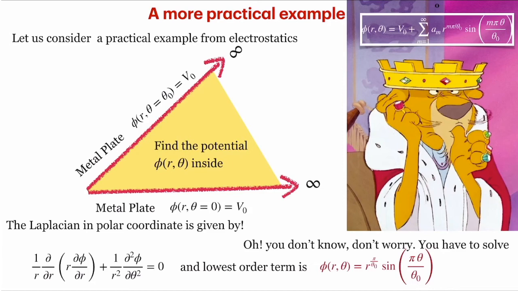So let's study the potential satisfying this Laplace equation, given as phi of r and theta equal to r to the power pi by theta naught times sine of pi theta by theta naught. Theta naught is given to you, where the plate is fixed. You can change it and study and see how the potential behaves at different angles. But this is a generic solution for an arbitrary theta naught in terms of sine, because the potential in this case assumes the value V naught equal to 0 on the plates. That is why a metal plate, because the potential can be constant.